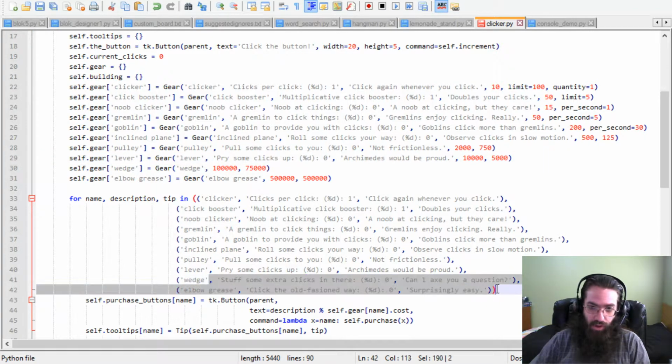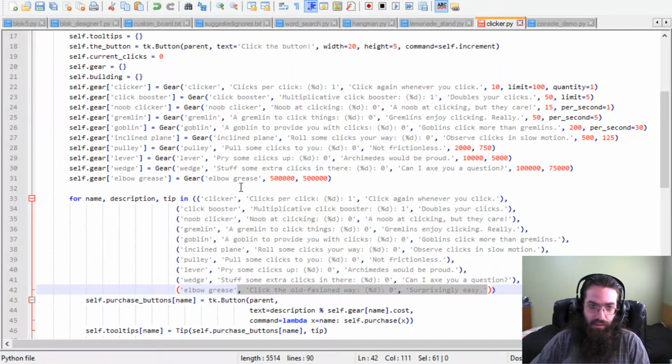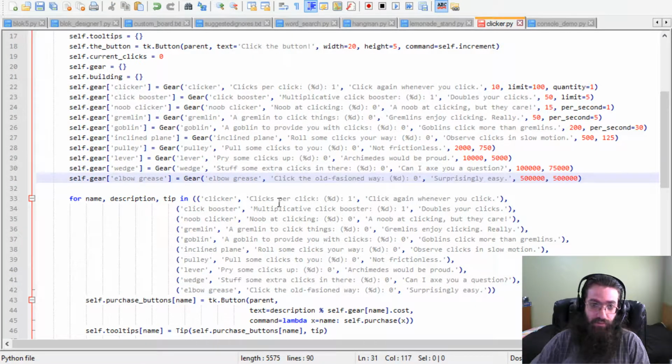The dangers of copy-paste. If you've been watching my other Python streams, you've seen me have copy-paste issues before, where I do something and then copy-paste it, and then the original had a problem, and then I fix that, and it still doesn't work, because I didn't fix the one I copy-pasted. So, should I change this? 150, I think I'll leave it at that. Okay, so now what I do is name, description, tip